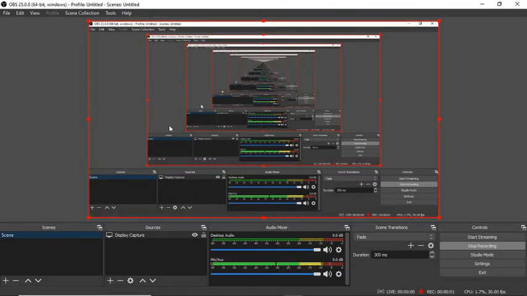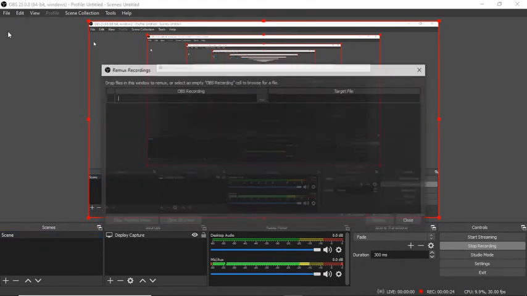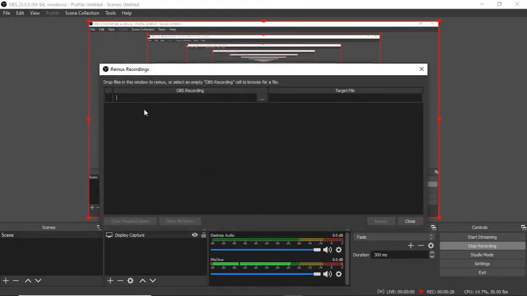So OBS only records all your videos in MKV format, but most of us would need MP4 format or any other format, and this is exactly what your Remix recording does. After OBS has recorded your videos, if you want them to be changed to a different format, what you could simply do is that you click on Remix recordings. This is what it will do for you.